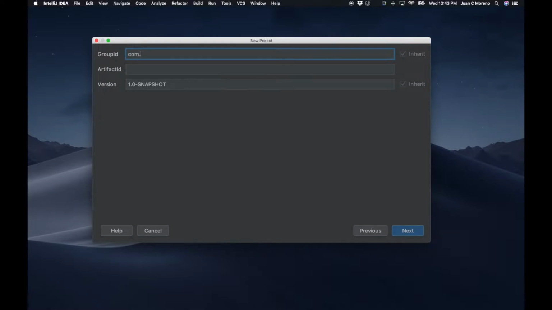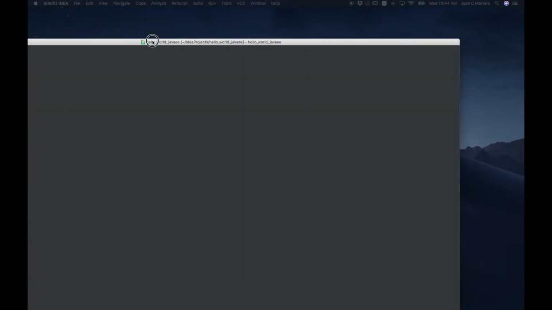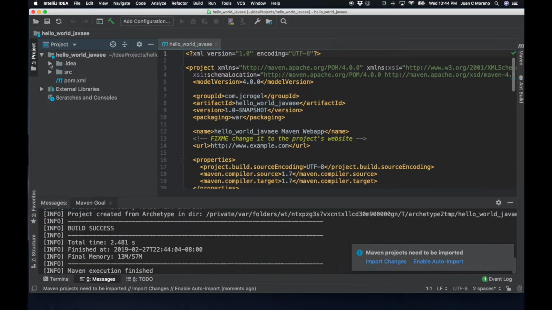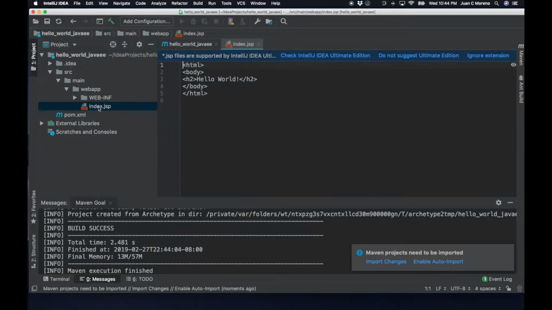So we're going to call it with a domain name, and then we are going to call the project Hello World JavaEE. And we're going to create a new window, and it's going to create everything. It's going to create the entire structure. And okay, now that we have our super cool structure, we are going to see that there's already a hello